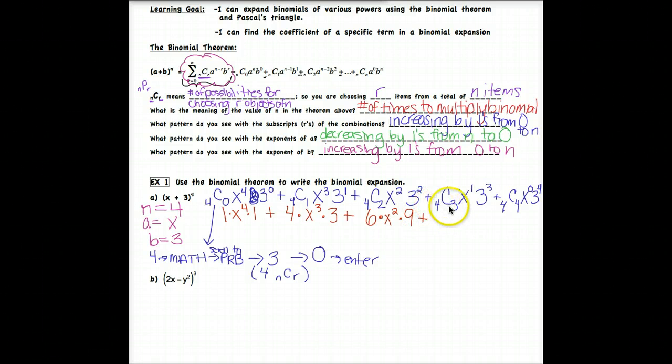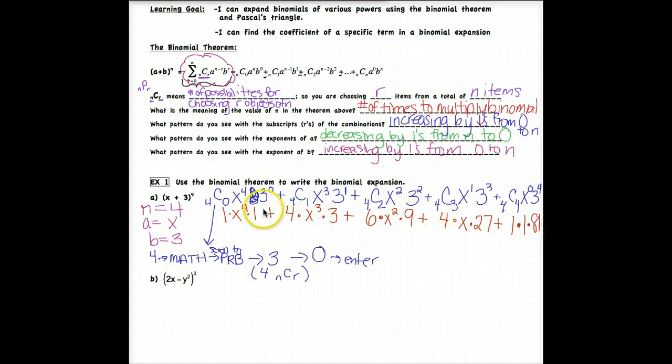Over here, 4 choose 3. Hopefully you've got the hang of pressing these combinations in. You'll press the 4, then math, scroll to probability, choose choice 3, and then in this case, 3 is what you'll enter instead of the 0, and then hit enter. 4 choose 3 is 4 times x times 3 to the 3rd, which is 27. And then finally, 4 choose 4 is 1, x to the 0 is 1, and 3 to the 4th is